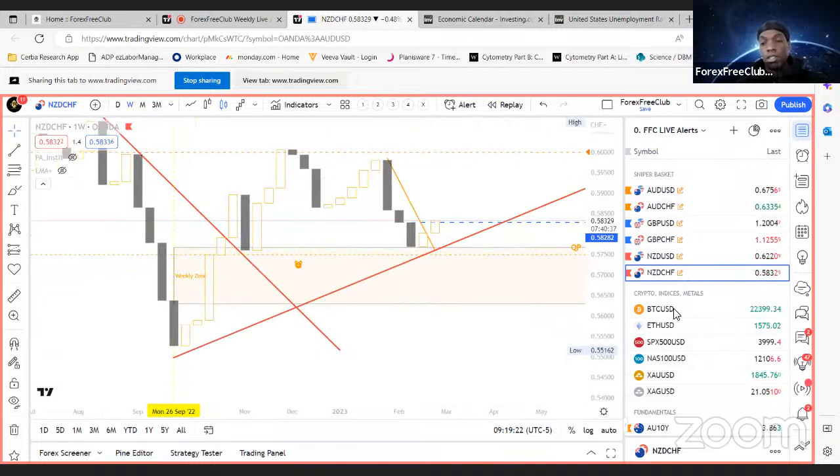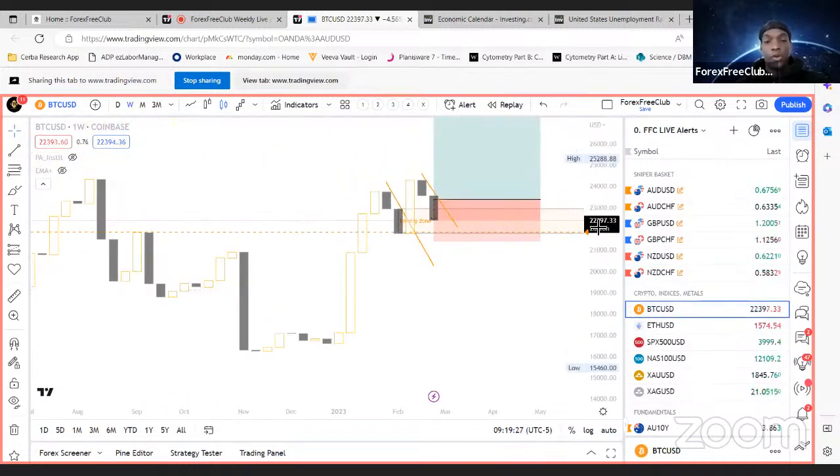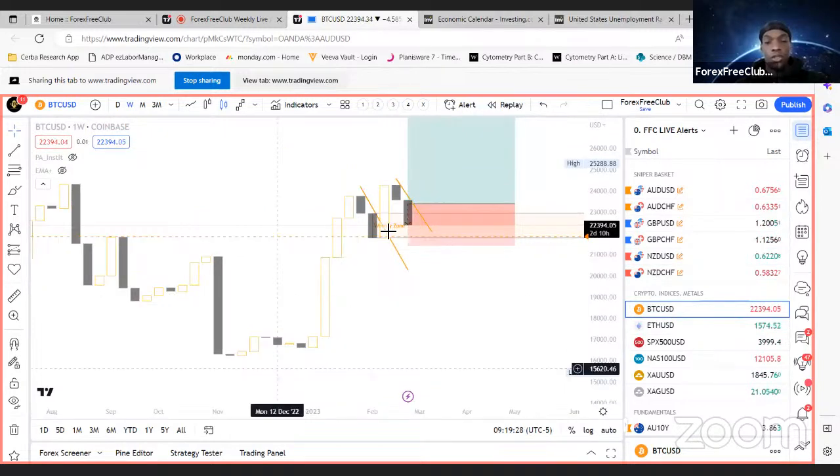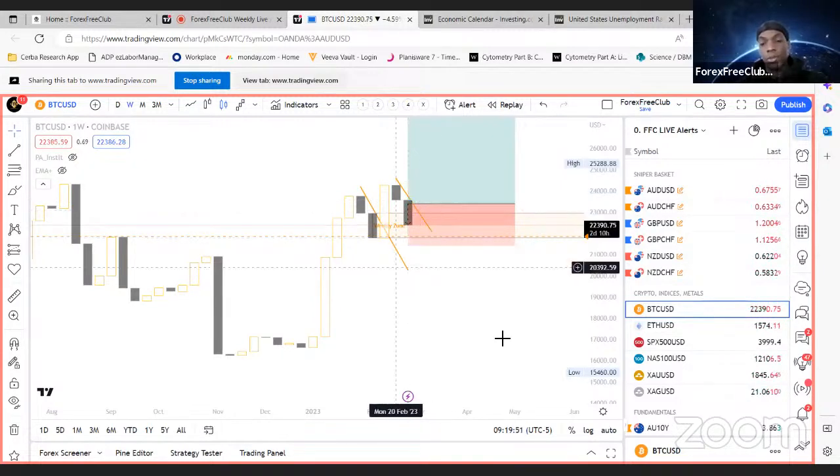All right, so let's look at crypto. So Bitcoin, bullish structure. We got a pullback here that was broken, made a new high. Looking at another pullback. Let's see if it's going to get broken. Looking to take positions today. And then also if we were to break this structure high, this candle high, then we'd look to possibly enter on the retest of the next candle. So we'll see what happens with that.